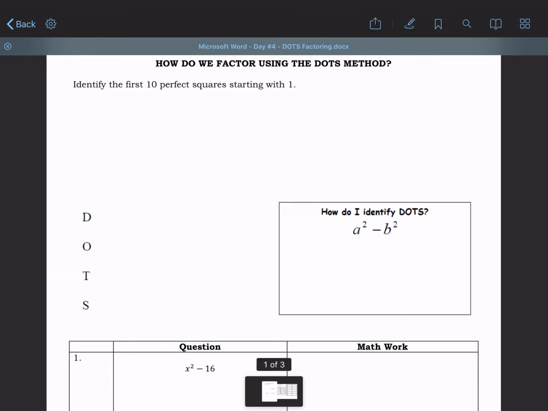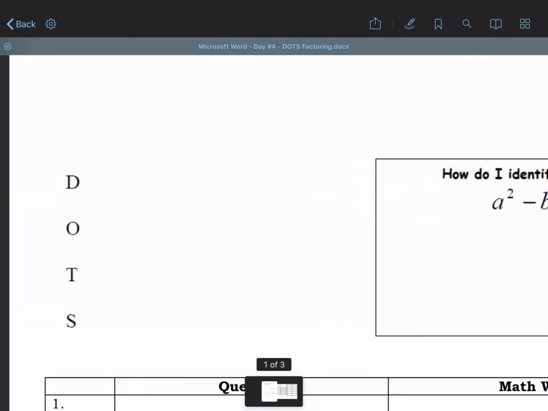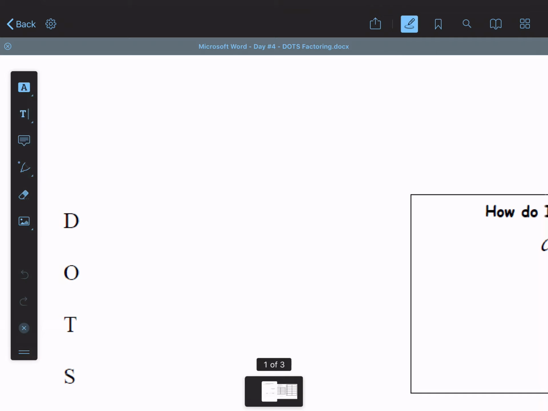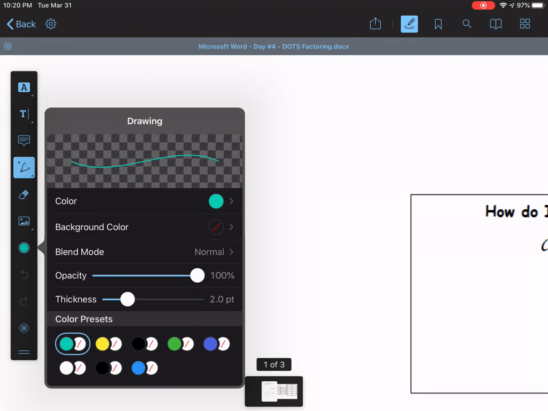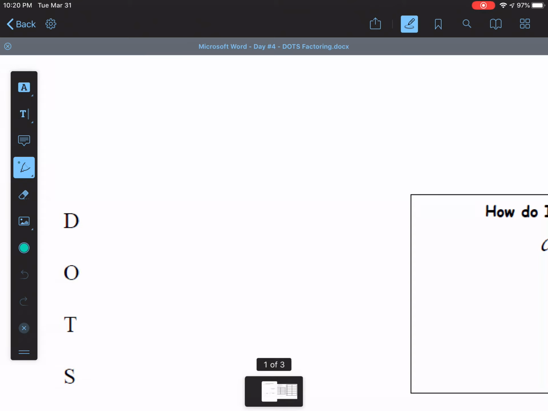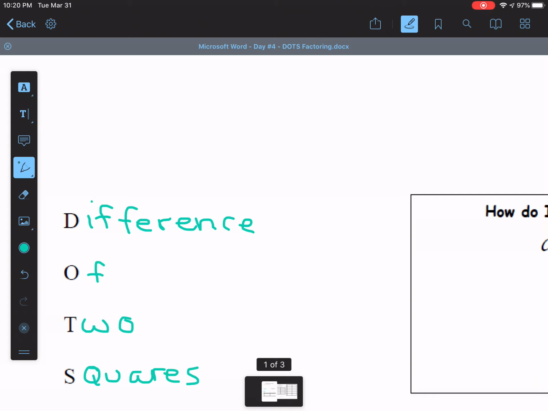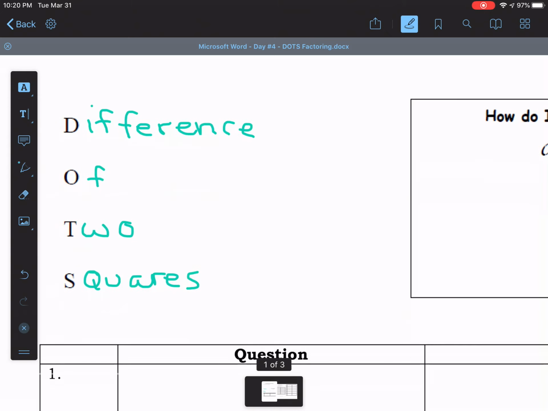Right, hi guys. So right now we're going to go over the second type of factoring that we're going to learn, which is called DOTS factoring. So I'm going to first explain what DOTS stands for, and then we'll go back at the top and talk about our first 10 perfect squares. But I'm going to go right here and just fill in that DOTS stands for difference